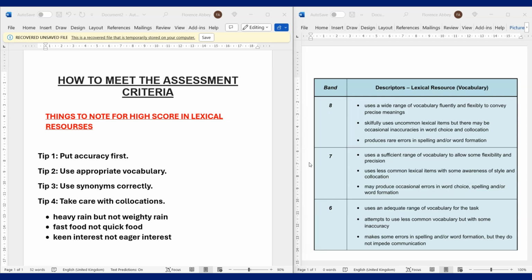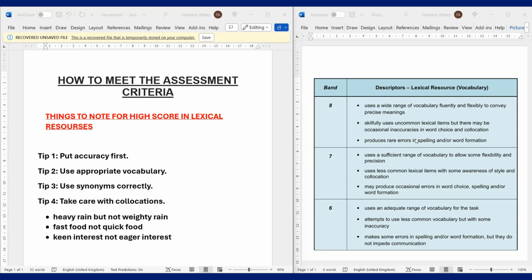So you are being precise, but you're not repeating yourself that much. You are making use of accurate vocabularies, and that is very important. The person is skillful and uses uncommon lexical items, but there may be occasional inaccuracies in word choices and collocations as well. The person may produce rare errors in